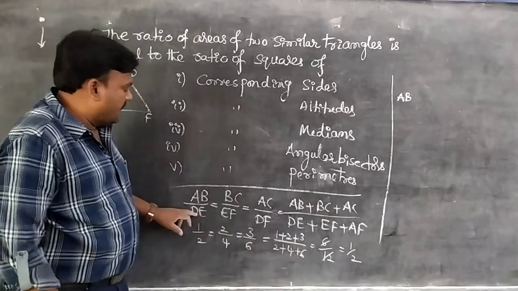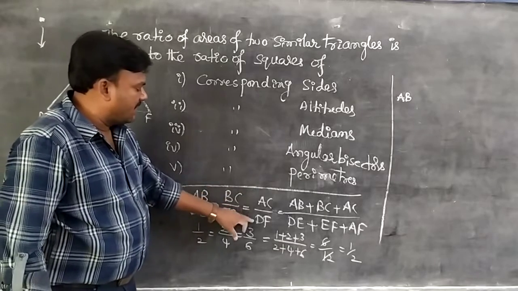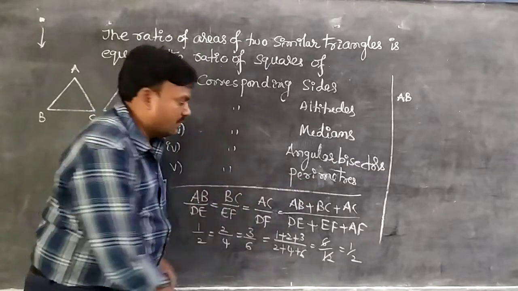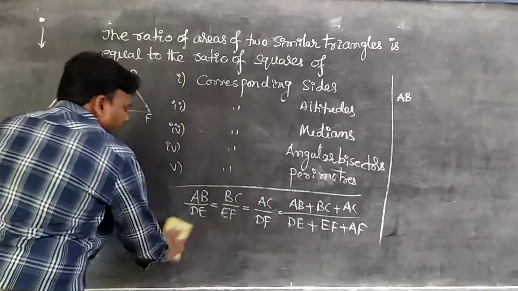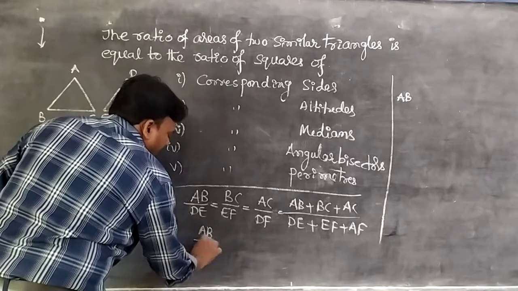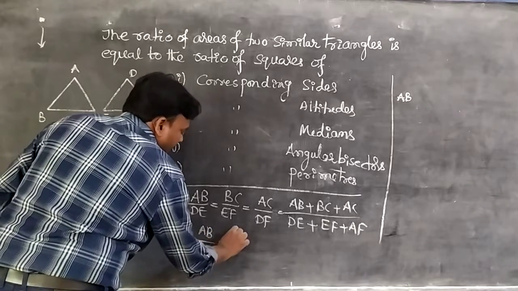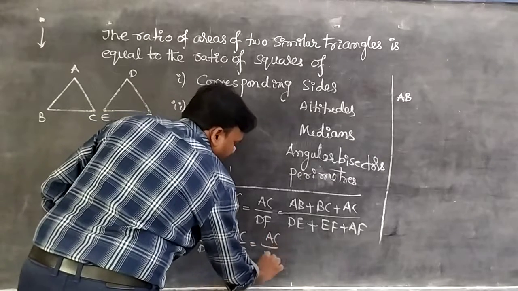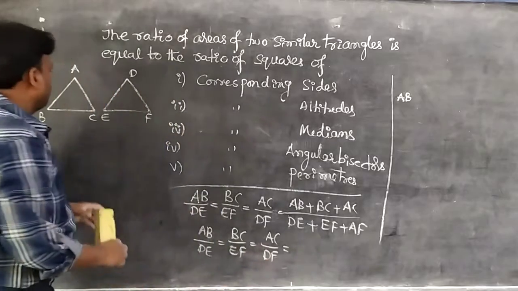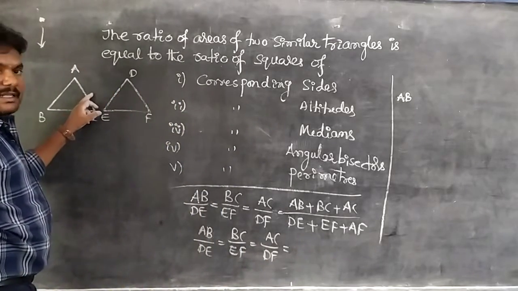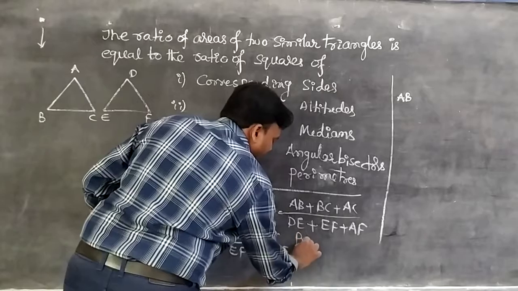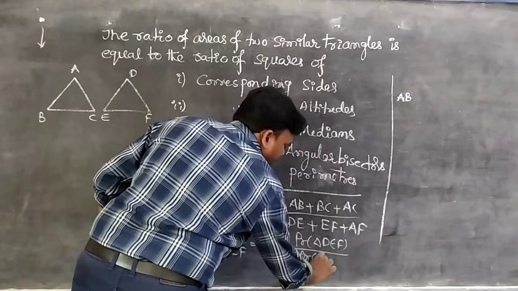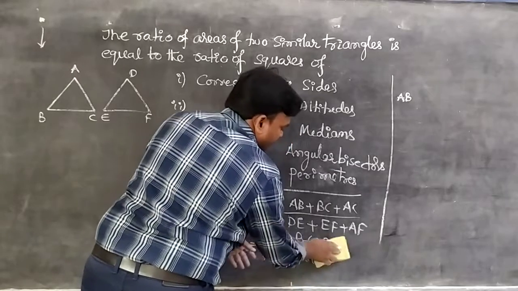So AB by DE equal to BC by EF equal to AC by DF equals sum of numerators by sum of denominators, also an equal ratio. So we know very well that AB by DE equal to BC by EF equal to AC by DF. Here AB plus BC plus AC is nothing but the perimeter. That means perimeter of triangle ABC by perimeter of triangle